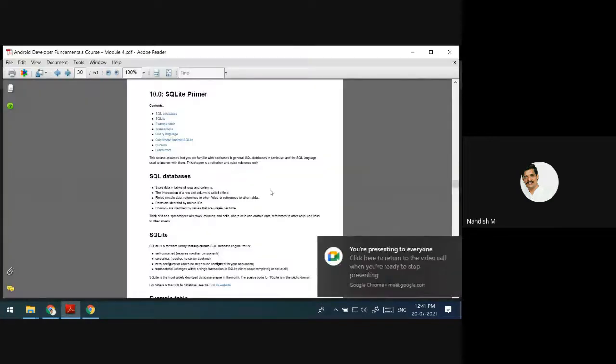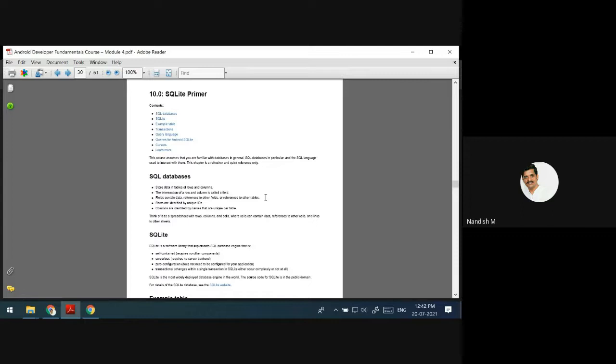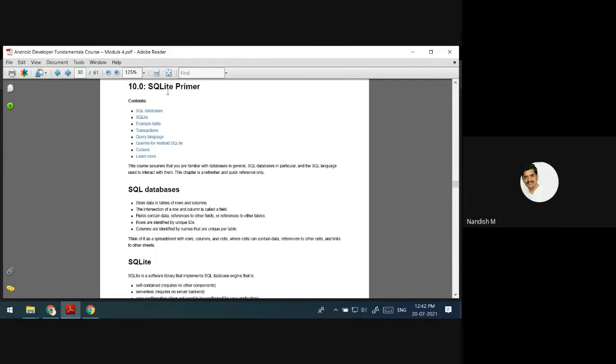Yes, in yesterday's class, I said I am going to discuss SQLite. What is this SQLite? It's a database. In any web application, if you want to store any data, you require a database, a place where you store data. If you have developed any web application, then you will have an idea about SQL. They have given the name SQLite to the database, whose libraries come with Android itself.